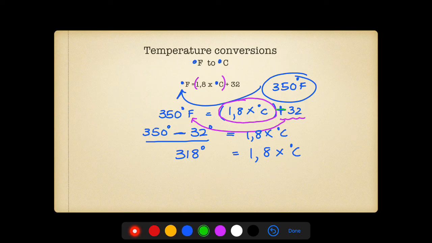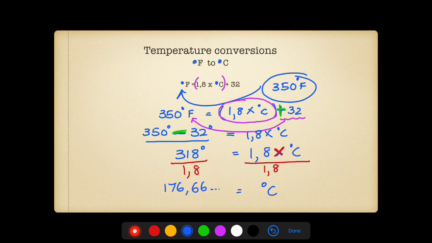So in algebra, when I had it added that side, I had to subtract on the left-hand side. When I have it multiplied here, I've got to divide on this side. So I'm going to divide by 1,8, and then I will just have my degree C. Do that on your calculator, and you're going to get